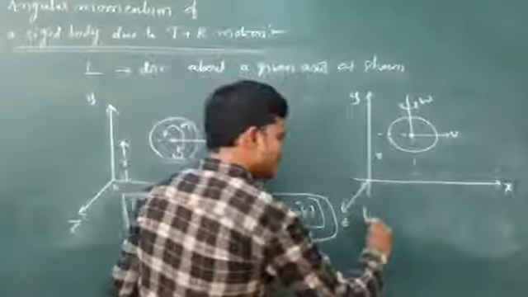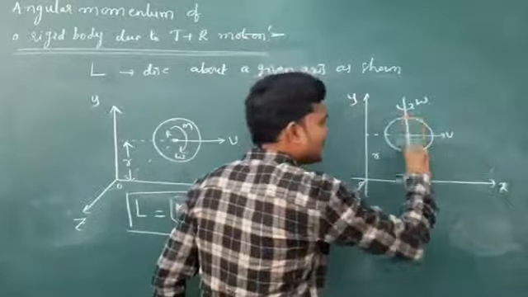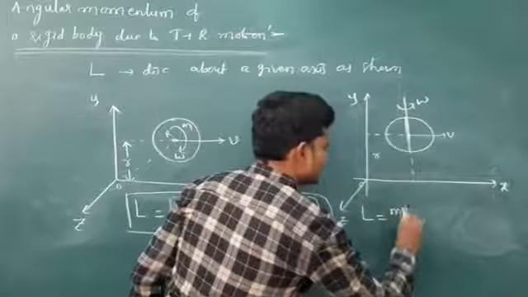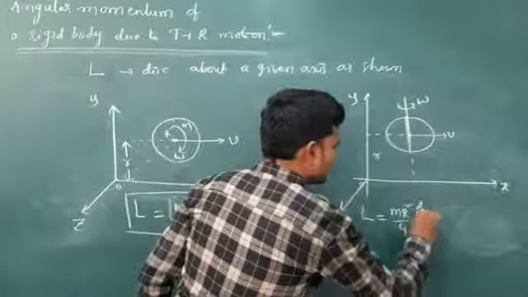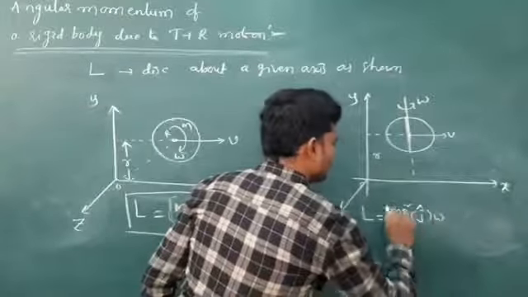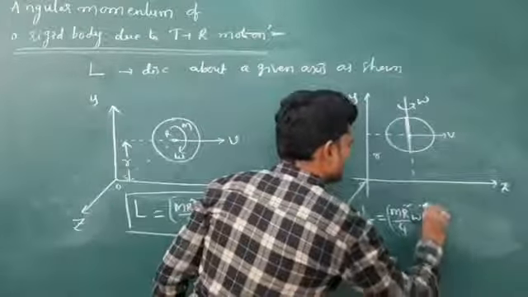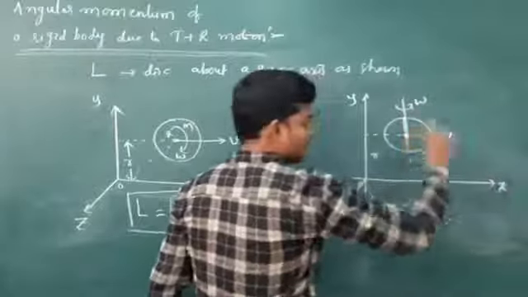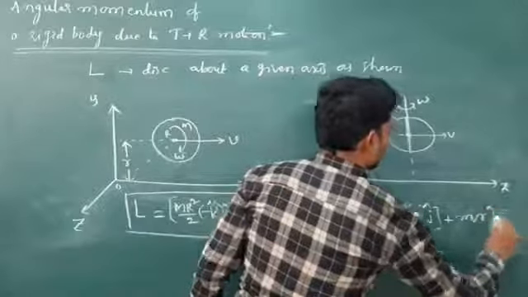So it is rotating along the y-axis. So here in this case the angular momentum we can write as: rotating along the y-axis means this is the diametrical line. So diametrical line means mr square by 4, and rotating about the y-axis we can write it as j cap into omega. Mr square omega j cap, and this is moving along the x-axis in the xy plane. So m v r k cap.